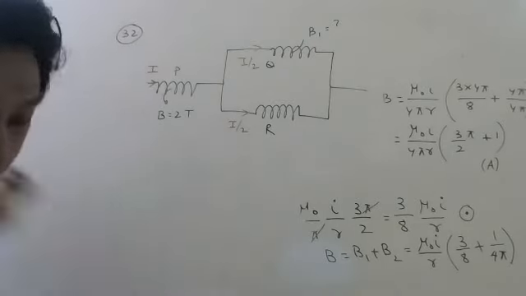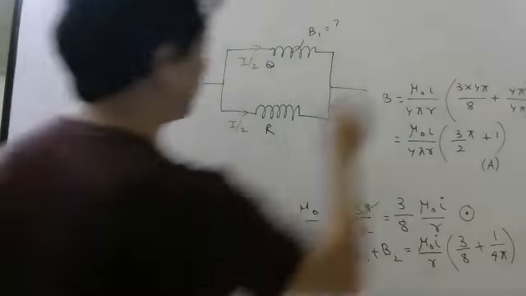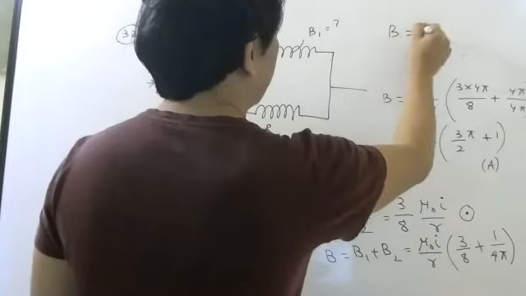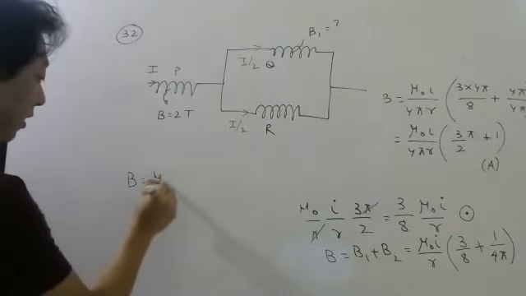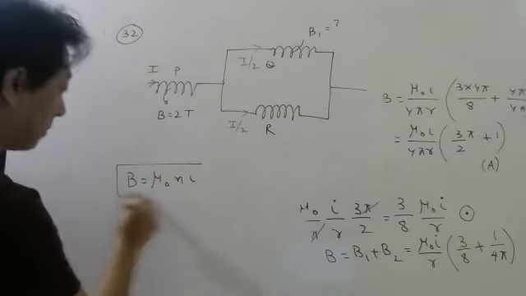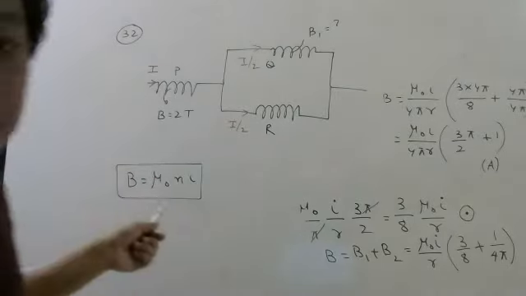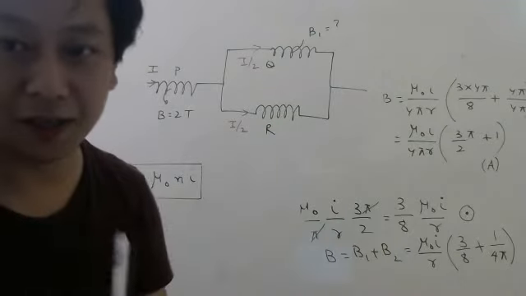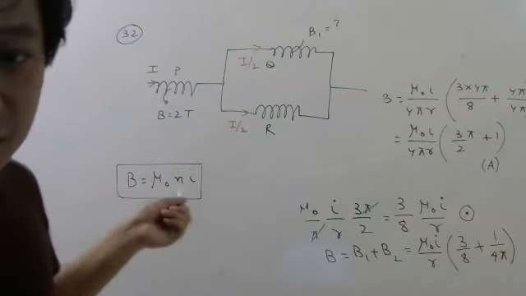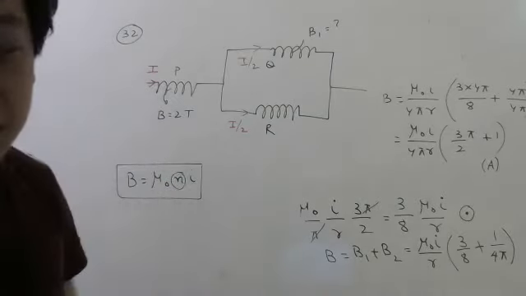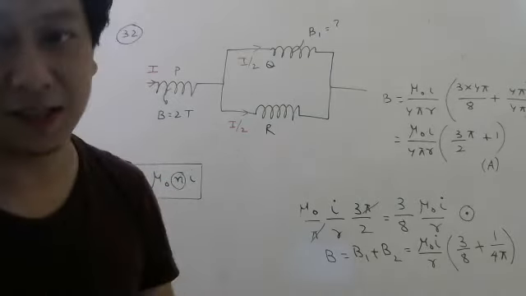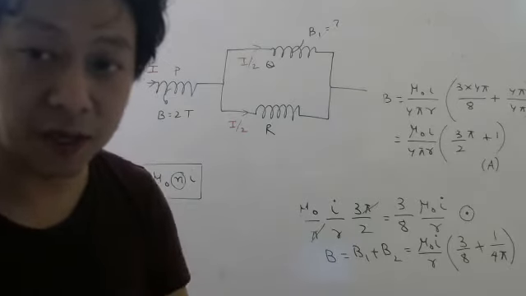for solenoid, the formula for magnetic field is mu naught n i. Please remember, very simple formula. This is the simplest of all the formulas for magnetic field. So I'm sure you will be able to remember. This n is not the number of turns. It is the number of turns per unit length.